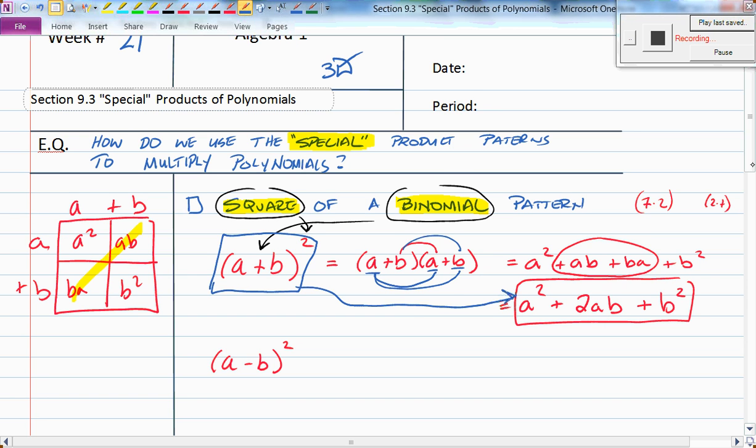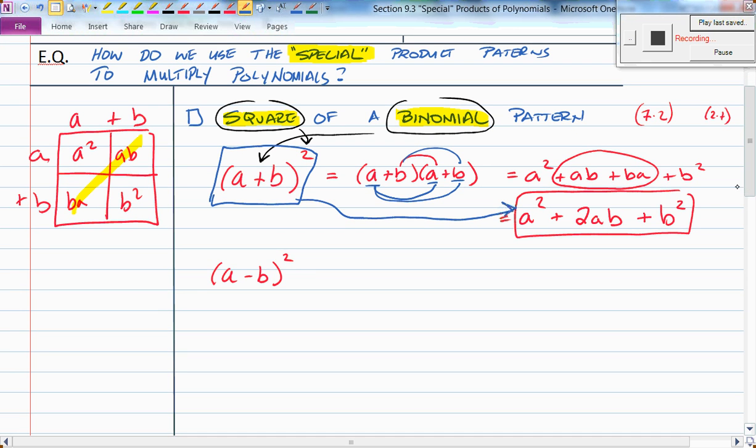All right, good. Now, let's go a little bit faster with (a - b) quantity squared. It literally means this: (a - b) times (a - b). Two binomials. The squared part means to multiply the entire term by itself. So we're going to use FOIL. That's going to give me a squared. First, outer is going to give me negative AB. Inner is going to give me another negative BA. And finally, last gives me a